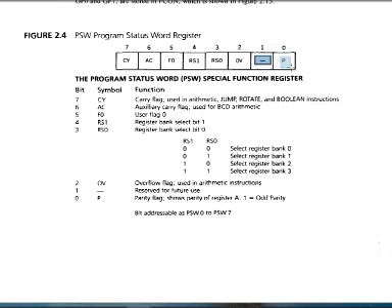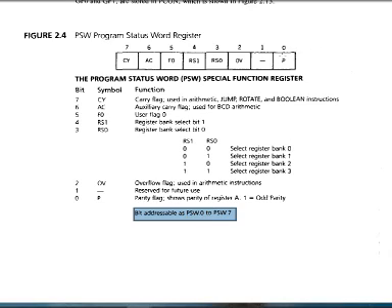Then the zeroth bit of this PSW register is nothing but parity flag, used to check the parity of register A. A register means it is accumulator register, and if the value is 1 for this parity flag, then it will be using odd parity, otherwise it will be using even parity. Now here everywhere it is given that it is bit addressable as PSW.0.